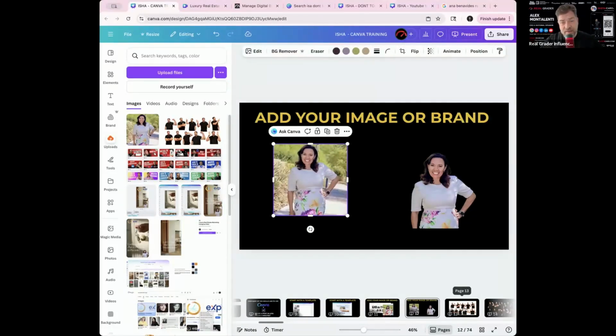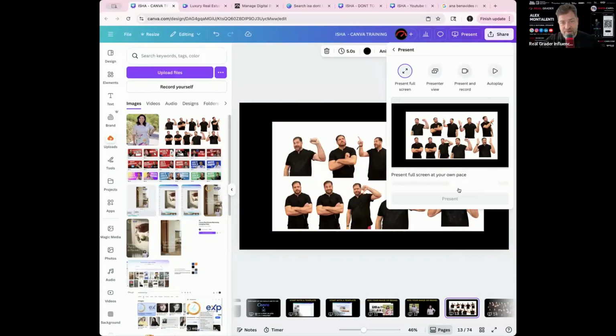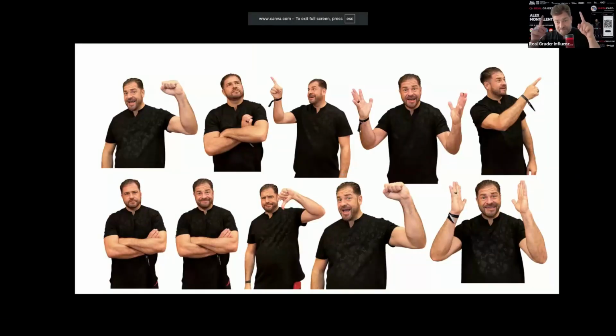I personally love to do this kind of fun stuff. Check this out. I will have either myself or my assistant take a bunch of photos of me doing different things. Pointing at the house. Oh my God, what a good price. Ooh, that's exciting. I don't know, what's your home value? I can do all of these different mannerisms and all of these different funny faces. And if I do it once, I will have 20 different headshots to use for my social media. Who thinks this is a genius idea? It is, because I do it all the time and it saves my team so much time, right? So just do this once.